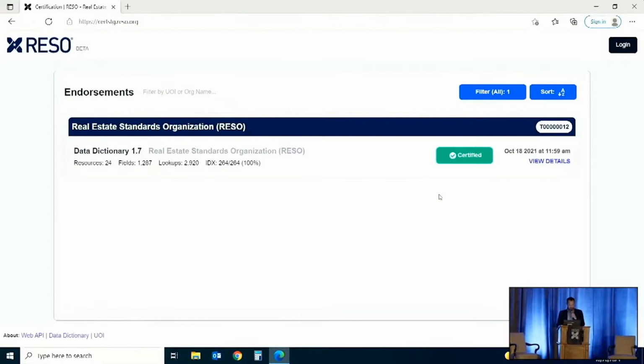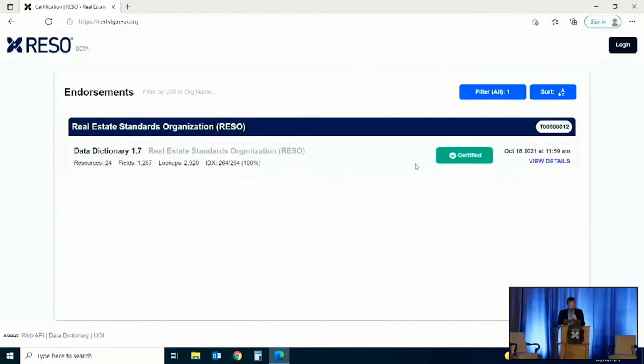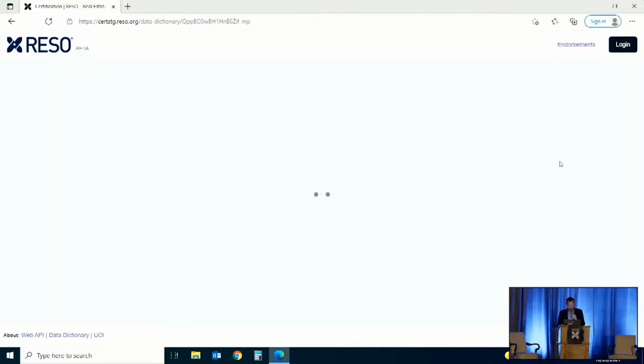Okay, so this is what you're basically going to see. Your vendor will be submitting this data to RESO to be analyzed. This is just the main overview screen, and if we go to view details here,